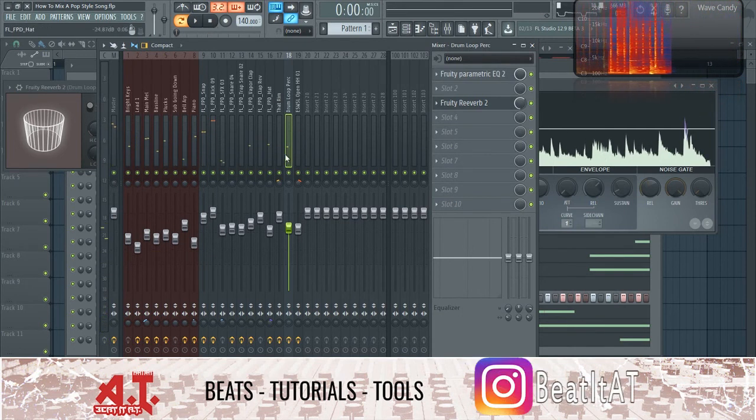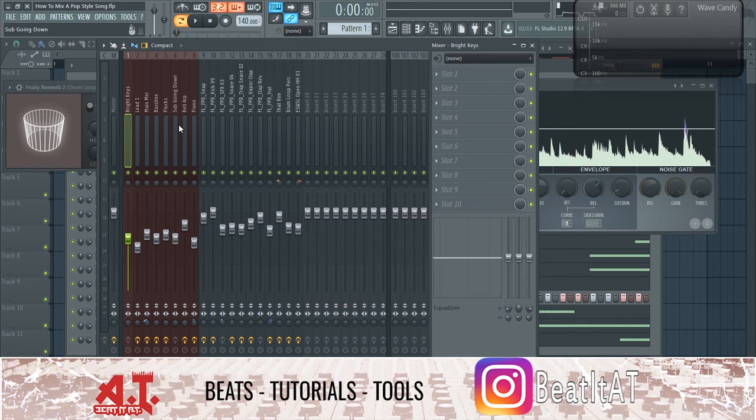I wanted to pull down that drum loop a little bit more, but this is pretty much it. We could add even more flair if we wanted to. This is a very basic level,